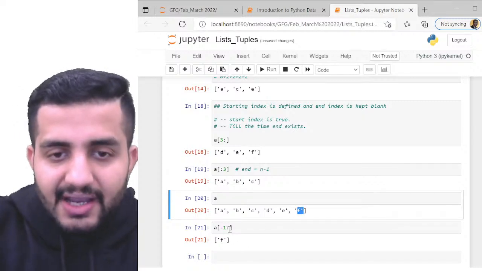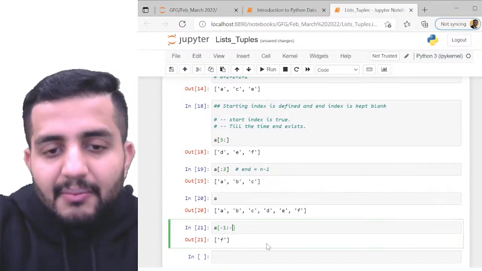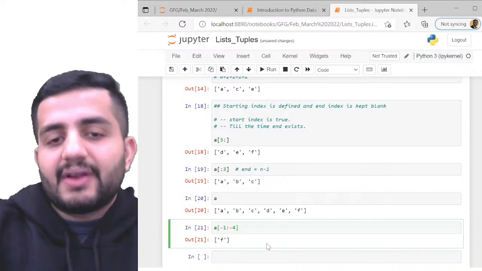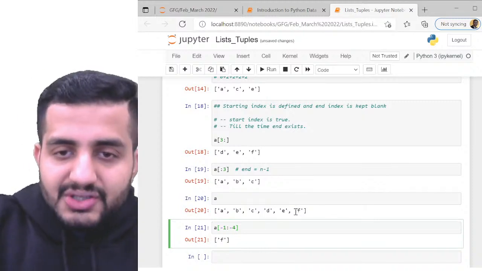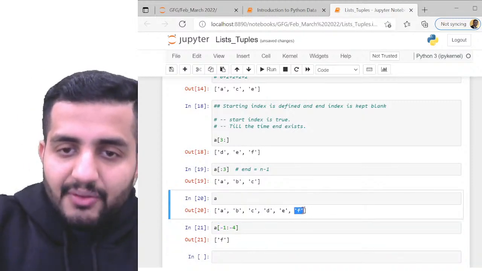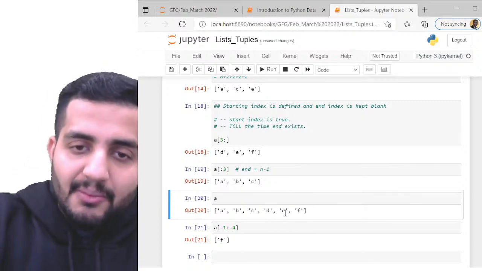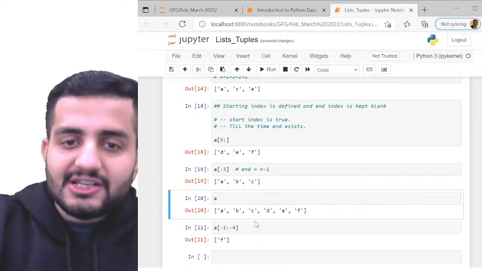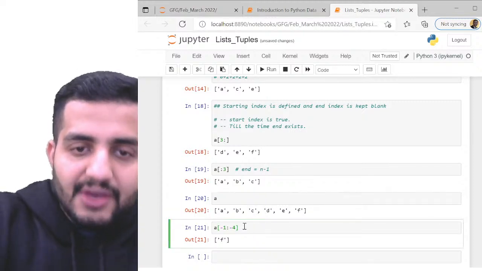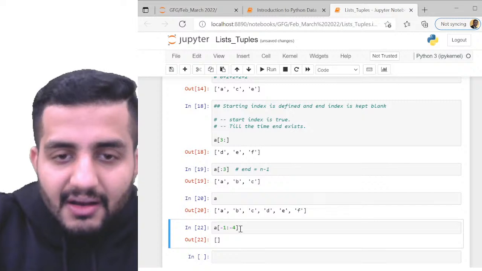Now if I specify -1 till -4, right? I'm saying do not stop here. Start from this and end at the -4th index. So what is my -4 index? -2, -3, -4. This is my -4th index, right? So if I do it like this, okay,